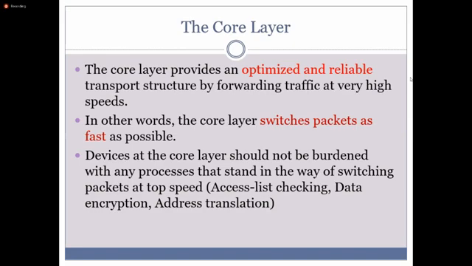That layer considers transferring data as fast as possible. So devices at the core layer should not be burdened with any processes that stand in the way of switching packets at top speed. So it's not concerned with access list checking, data encryption, or address translation. The core layer is always targeting to switch packets as fast as possible.